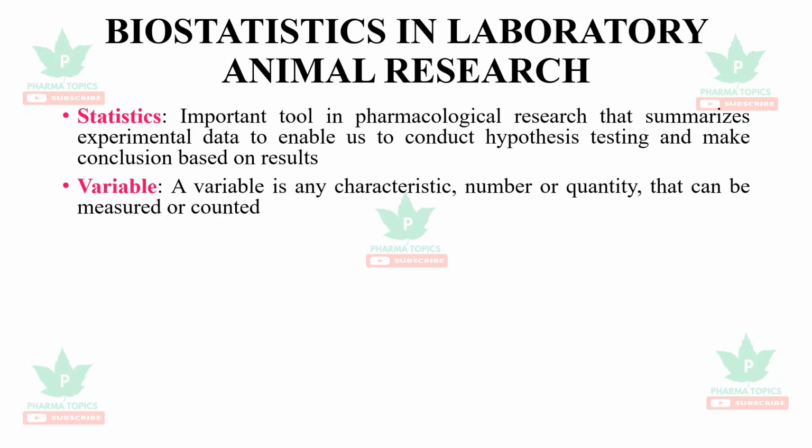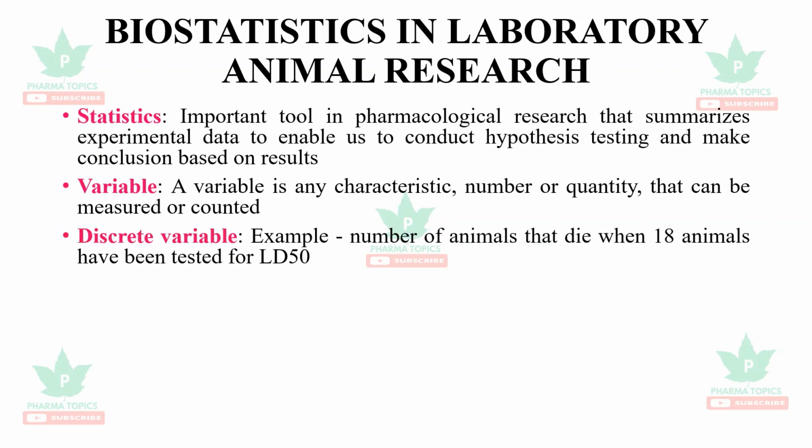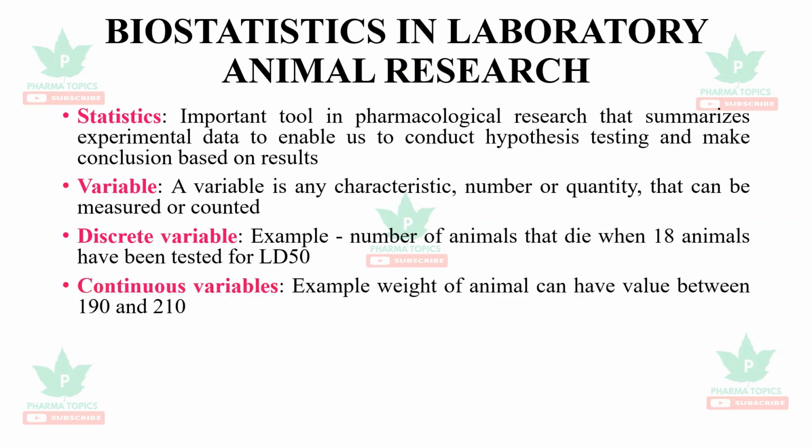Variable. A variable is any characteristic, number or quantity that can be measured or counted. Discrete variable. Example, the number of animals that die when 18 animals have been tested for LD50. This is a discrete variable. Continuous variable. Example, the weight of an animal can have a value between 190 and 210, because in between, then it is